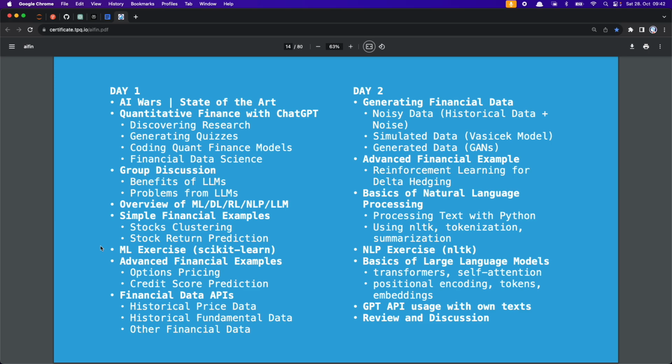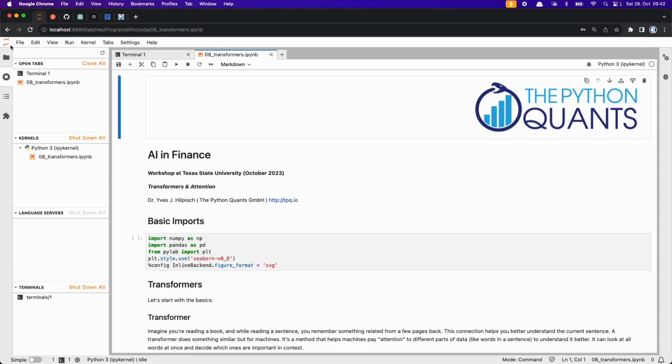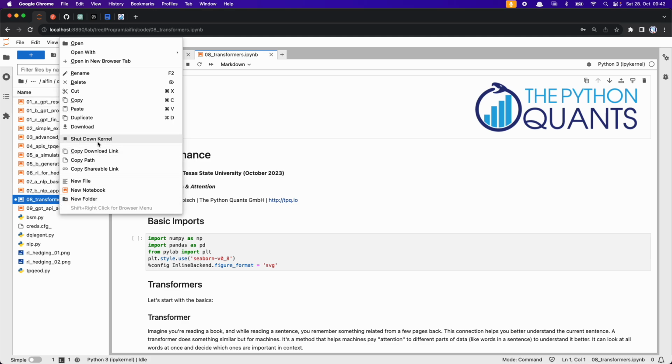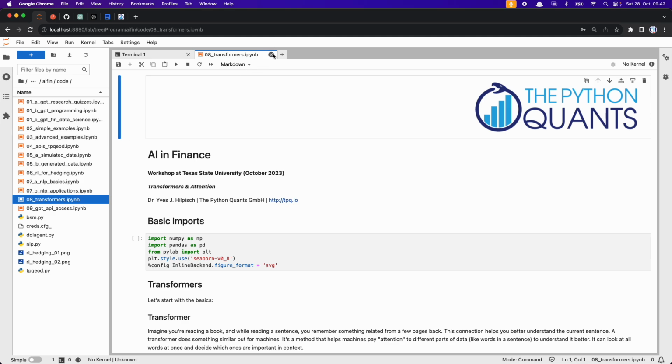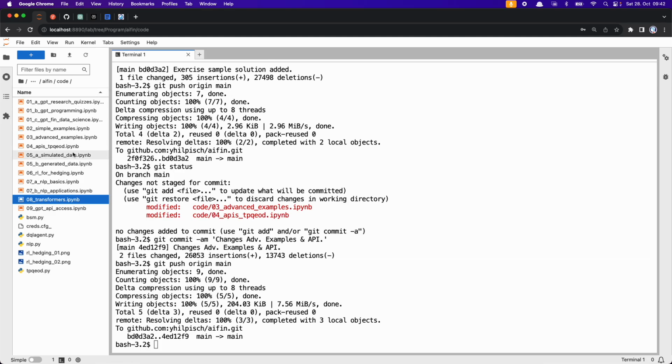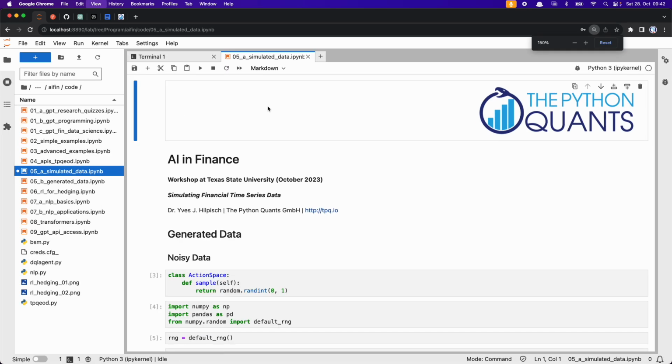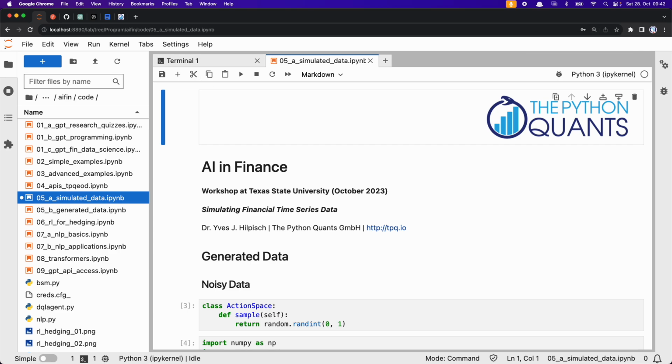So this shall then close the circle to what we got started with, right? So the notebook number should basically be clear because we got started. Let me shut down this kernel here because we ended with the 04, and here in 05 I have the